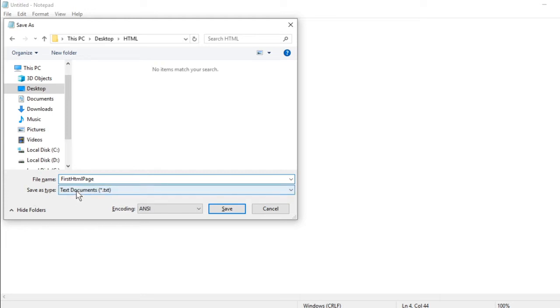Now here it says save as type. We'll click on all files, and the extension which is used to save our HTML file is .html. Not like for saving a text file, where there was already .txt. If we had chosen that, it would have saved by default as a text file, but no, we need to save it as an HTML file so that it can be opened in the browser. So we'll write the extension .html and we'll press save.